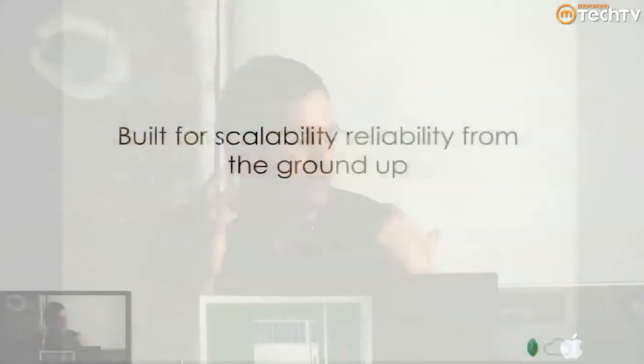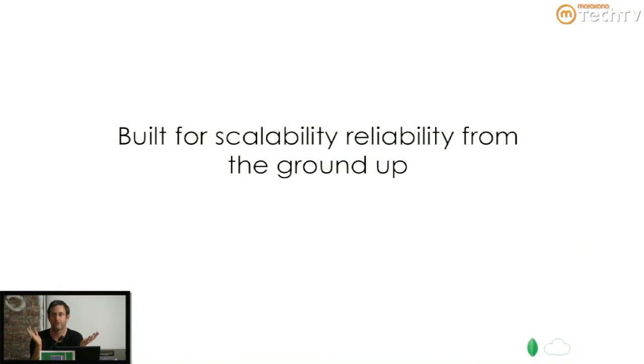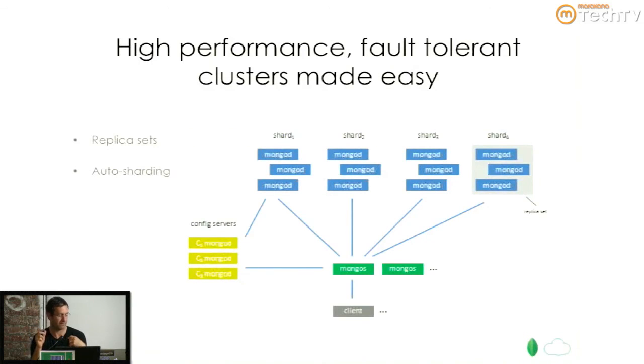And then the other thing about MongoDB, which, like all the NoSQL solutions, I'll touch upon briefly, but it's not the main thrust of my talk, is that it was built with reliability and scalability from the ground up. Like all the NoSQL solutions, I think the horizontal scalability problem, like I mentioned before, is something that really drove this whole renaissance in database technologies that we're seeing now. So let me talk a little bit about the scaling and reliability and the clustering story with Mongo and how